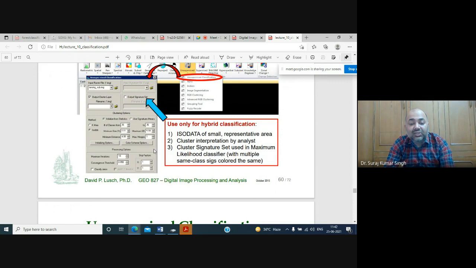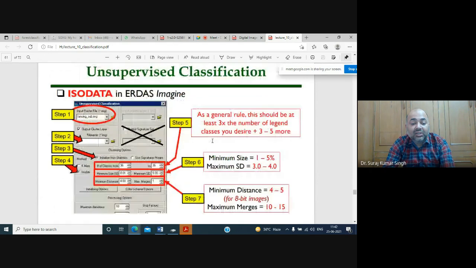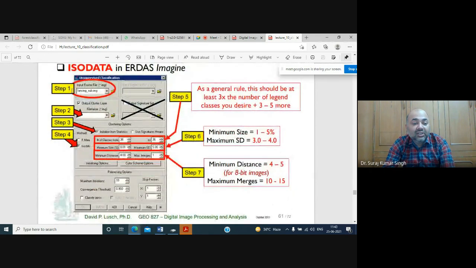All such data has to be defined by the user while providing the run function to the computer. And thereafter, when you're providing all this information, the satellite image will be automatically classified into various earth objects, where step one is your satellite image, step two is your output image, step three is